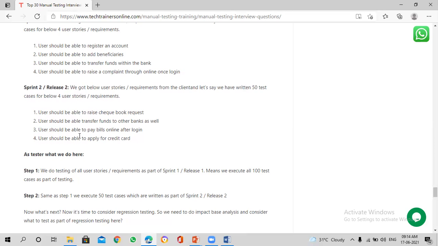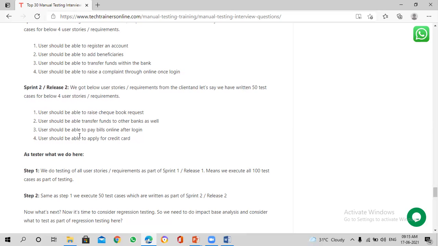When you go to sprint 2, whenever sprint 2 is given to the testing team, I don't have to do much impact-based analysis here because I already automated all the user stories. In sprint 2, I execute the automation of the 4 user stories which I have done. You already completed that automation in sprint 1, so when you come to sprint 2, we execute those 4 user stories as part of your regression automation. This is called in-sprint automation.